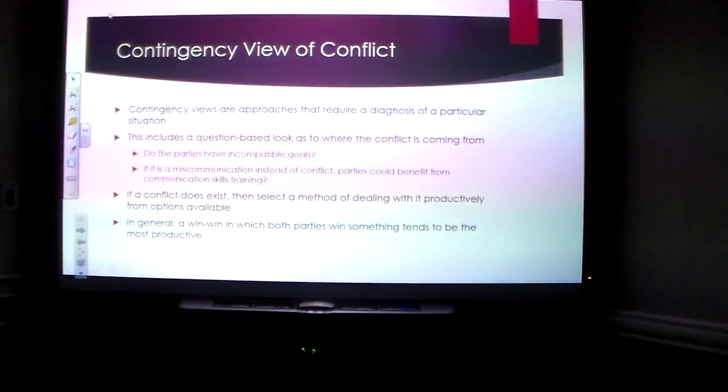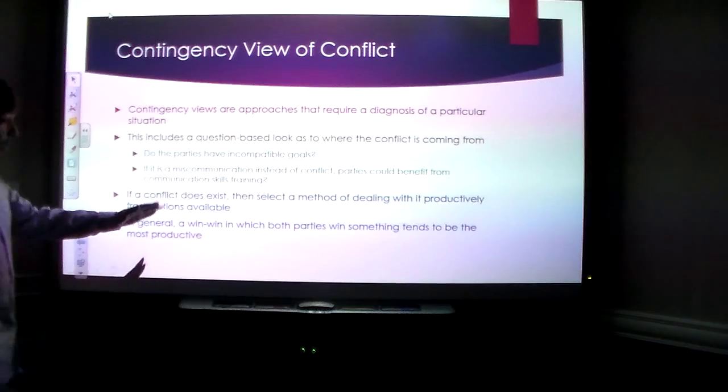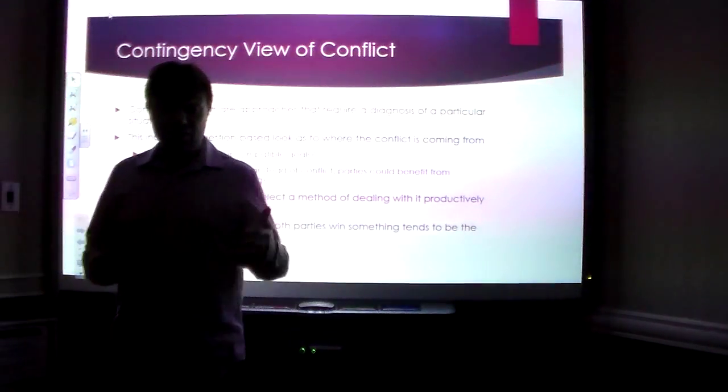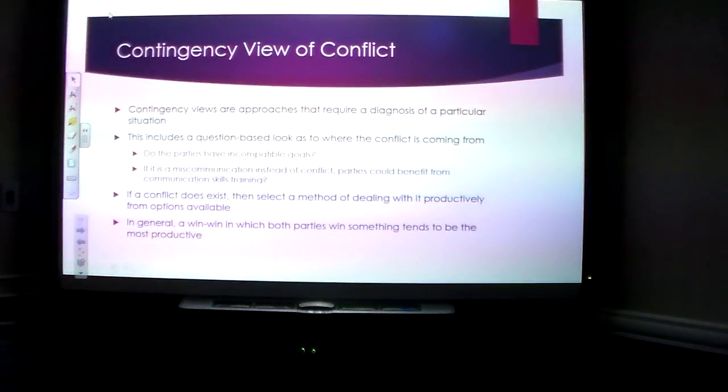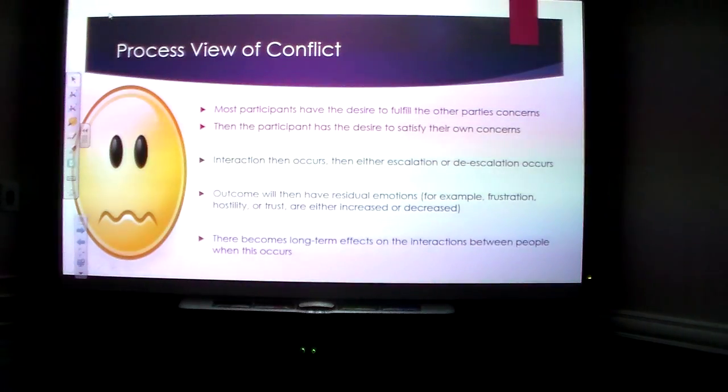So contingency views of conflict says you need to diagnose what's happening and why there's conflict. The parties might have incompatible goals. There could be a miscommunication. If there is, you need to select a method of dealing with it from the options that are available. If you're looking at conflict research and conflict management research, the idea in the property is called win-win, and the author of that is Stephen Covey. He wrote The 7 Habits of Highly Effective People, and one of his main theories was this notion of what think win-win looks like. So the process view of conflict,